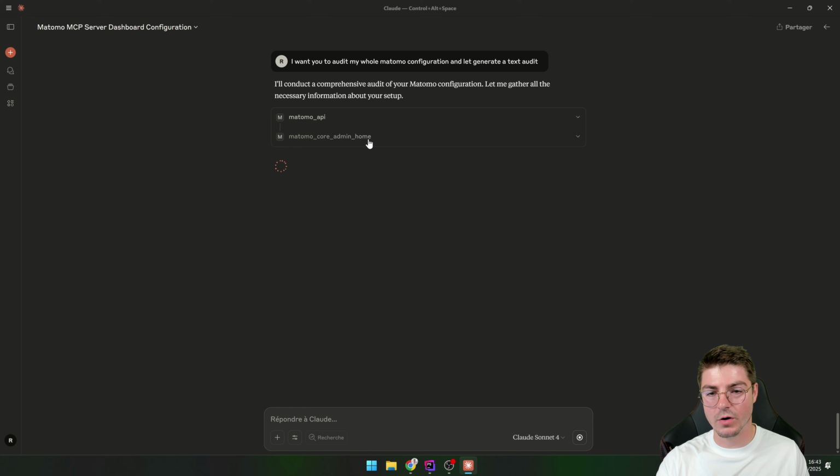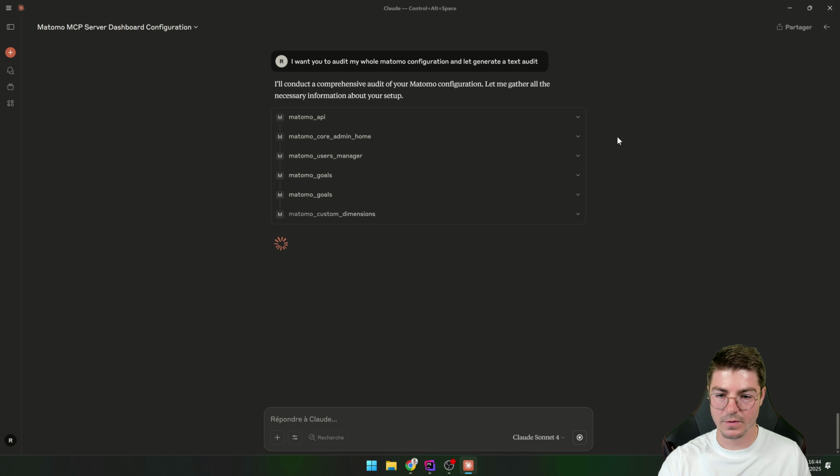Then you go into core admin home to get more precise data. User manager to get all the list of registered users, the goals, a specific goal. Then you look at the custom dimensions for both websites: goals site 1, goals site 2, dimension site 1, dimension site 2, the privacy manager, the segments, the security for the user manager using 2FA,